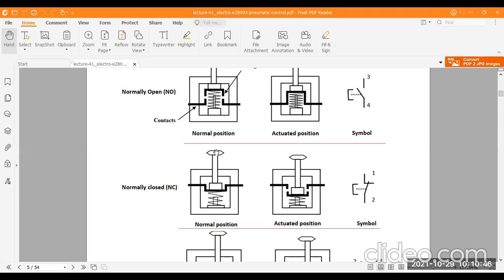But when you press the push button switch, you can see some difference coming in the first part and the second part. These dots mean a distance. Firstly, this is the closing position, that is normally closed. That's why we call it that. That is the normal position of the NC type push button switch. When you press down on the push button switch, these are the actuated positions. And this is the symbol of the normally closed type switches.